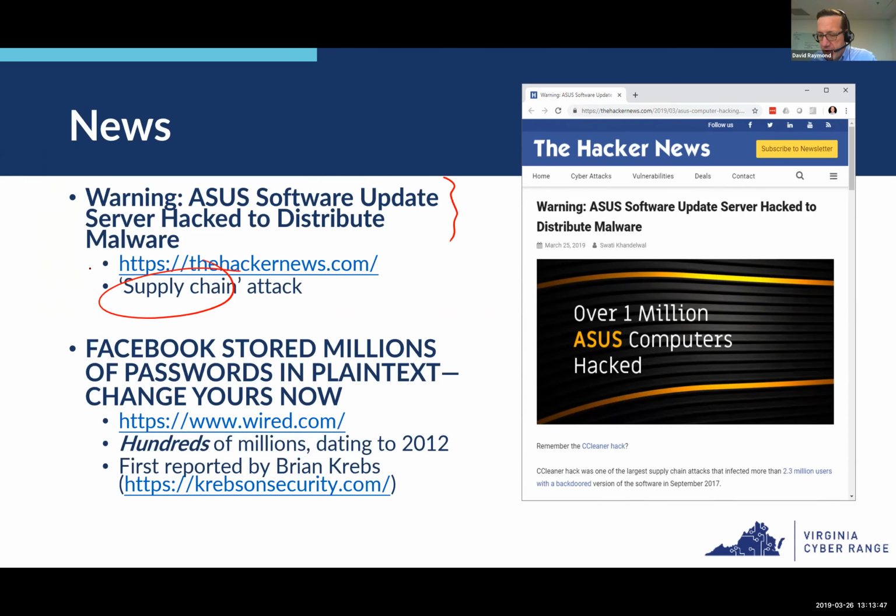And then another story here, another failure by a company. Facebook stored millions of passwords in plain text. So that's the Wired.com headline. Actually, it's hundreds of millions of passwords dating back to 2012. This was first reported last week by Brian Krebs on security.com. The news here is that, of course,